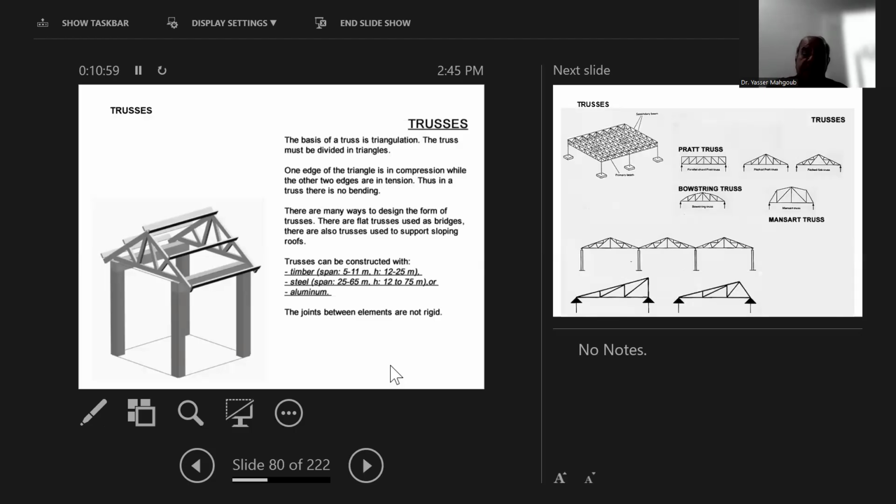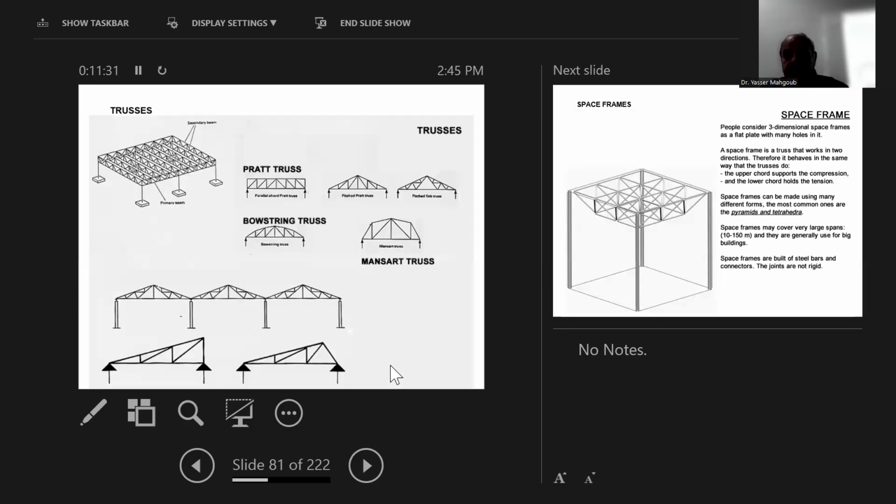Trusses, as I said, they can make larger spans. For the timber, they can span 5 to 11 meters, and the height is 12 to 25. The steel can cover 25 to 65, and the height can go up to 12 and 75 meters. So these trusses can cover larger spans